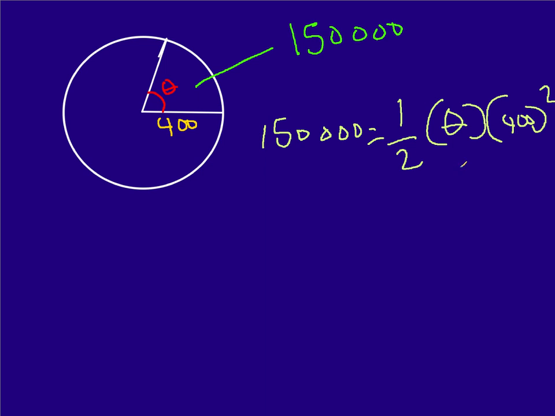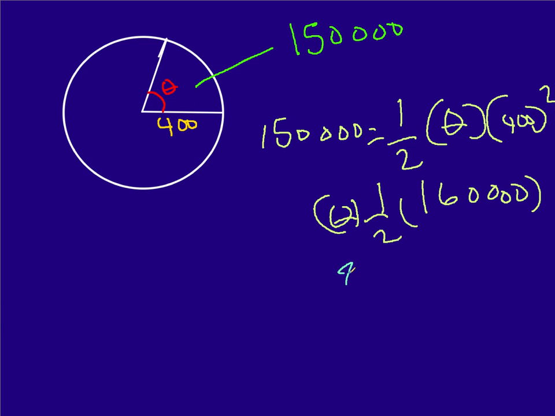If we do 400 squared, that's going to be 160,000. Is that correct? Yeah, 4 zeros. Yes. But that's going to be times 1/2 again. And we're going to have our theta also. And so 1/2 times 160,000 is going to be 80,000. So we're just kind of wrapping this up here pretty quick. So now we have 80,000